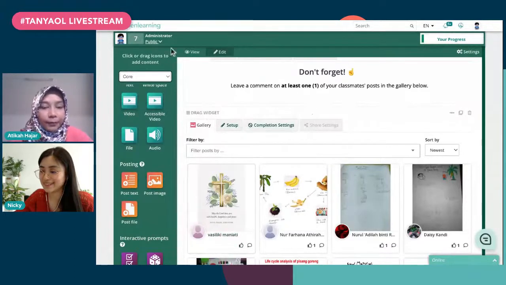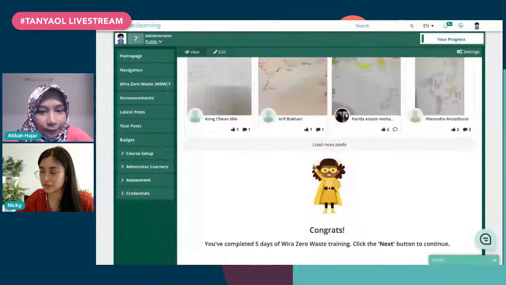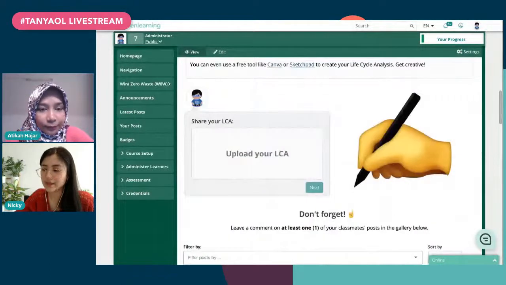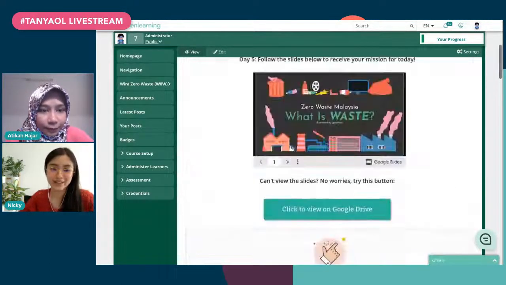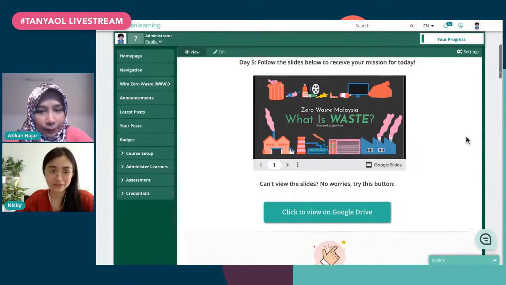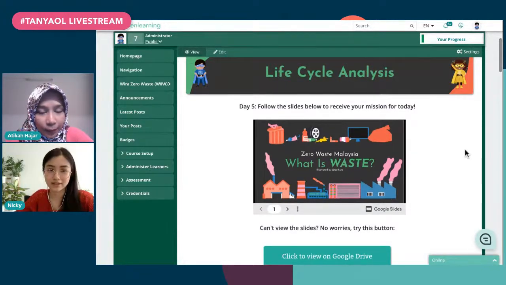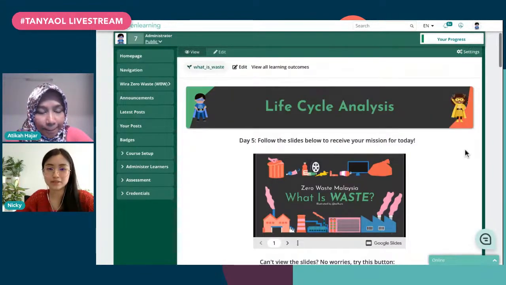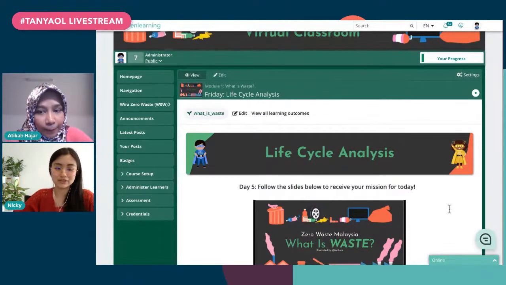And it sends a notification to each of the learners if someone likes your work, and gets them to come back and work on the course some more, complete the rest of the course. So I really like to use the post widgets to create activities on OpenLearning, because those are the ones that get the students coming back to complete the rest of the course.